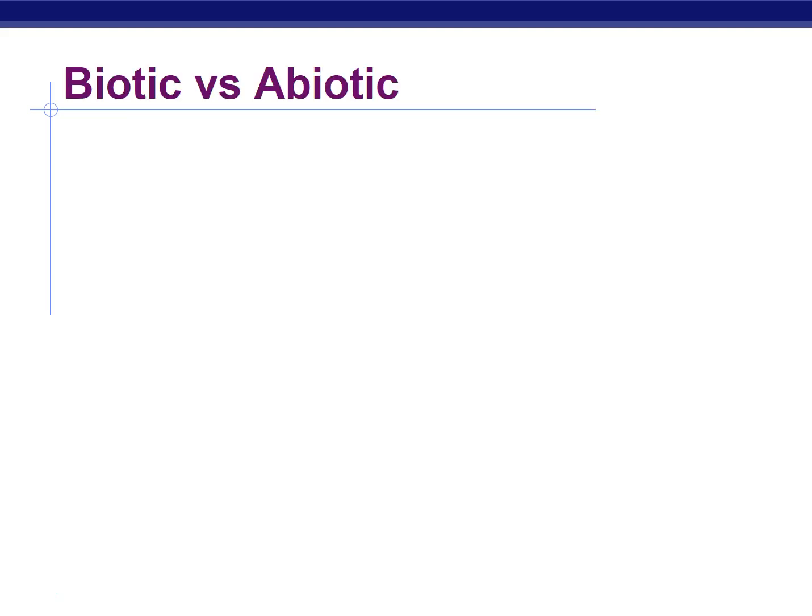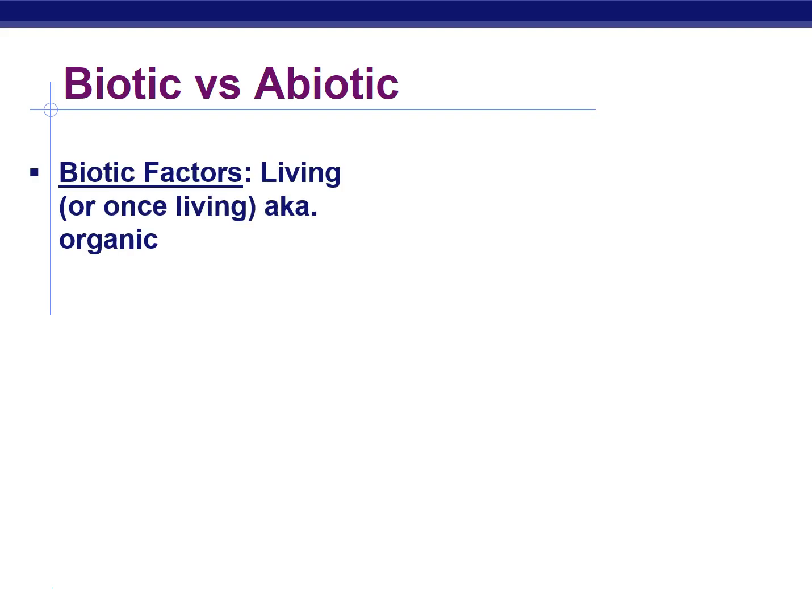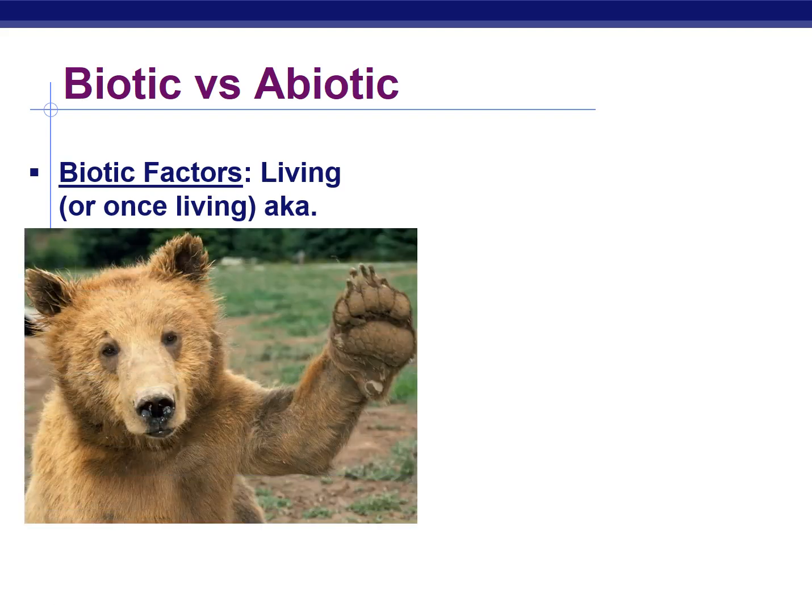So when we think about the ecosystem or your environment, there's two factors that are always interacting with each other. You have biotic factors and abiotic factors. Biotic factors are things that are alive, or at least were alive at some point. Sometimes we think of those as organic compounds. Abiotic factors are non-living things, but these also are going to have a huge influence on the ecosystem and how